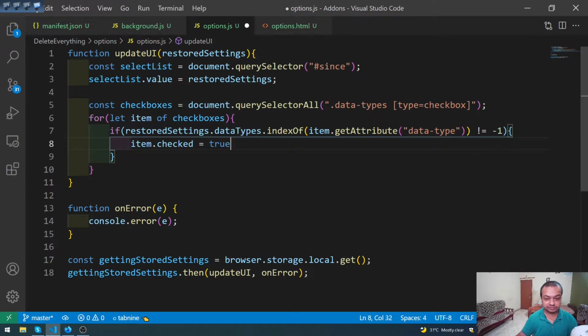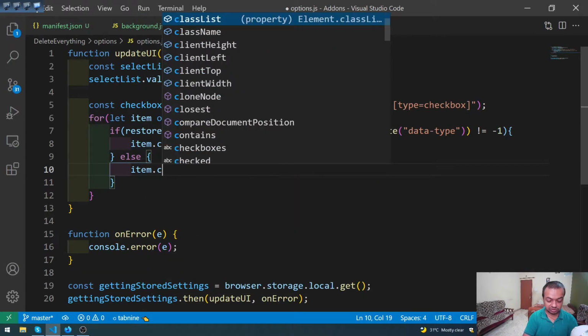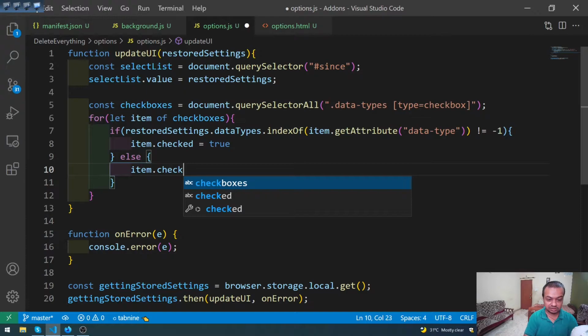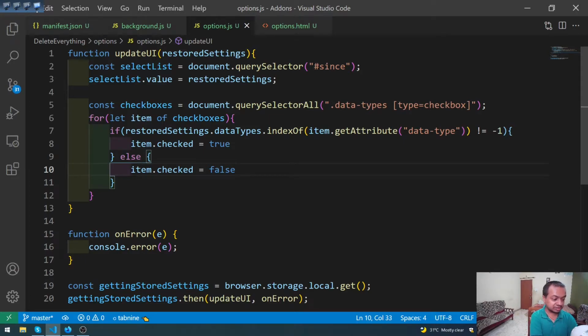Okay, else item.checked equal to false. Okay, so this is done. Now we will add the logic for the save preference button, means there is a save preference button which we have seen. When you click that, whatever option we select from the checkboxes, it gets saved. Okay, so